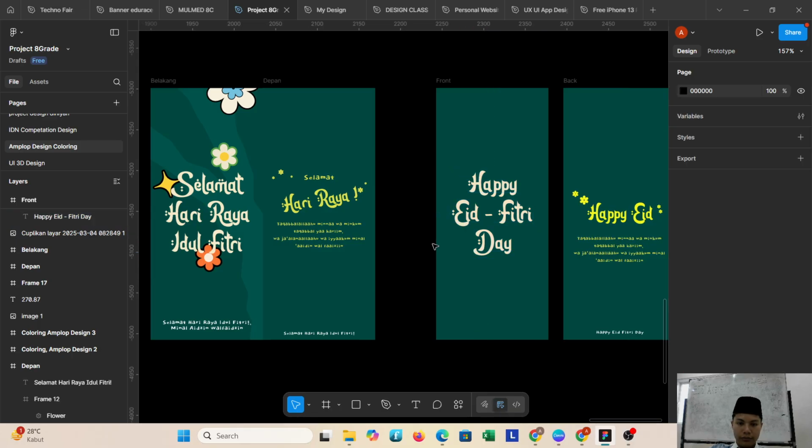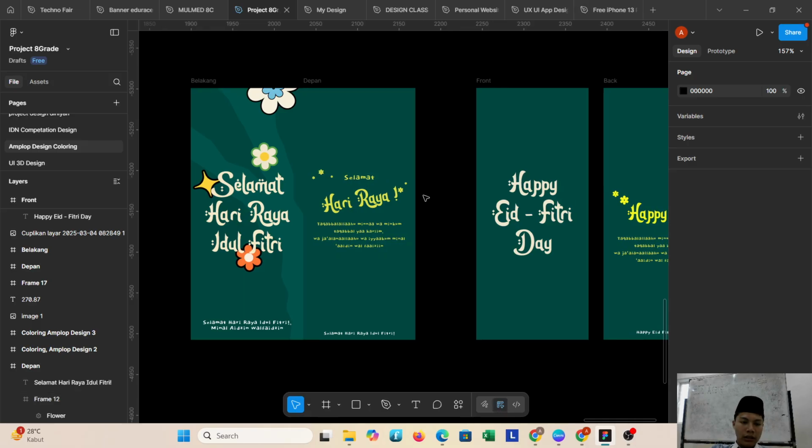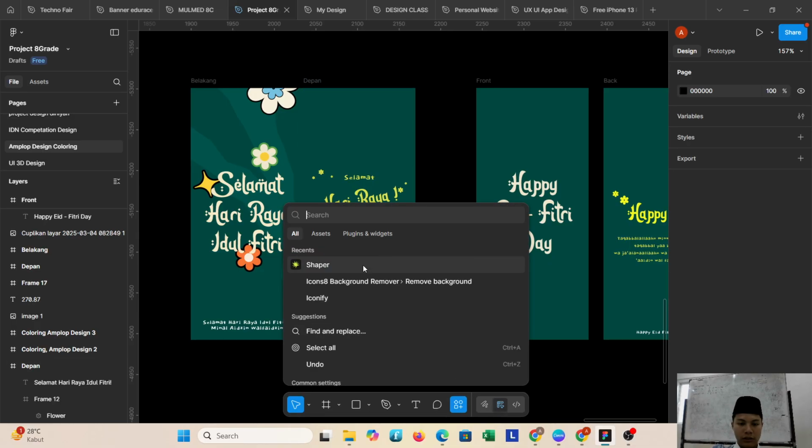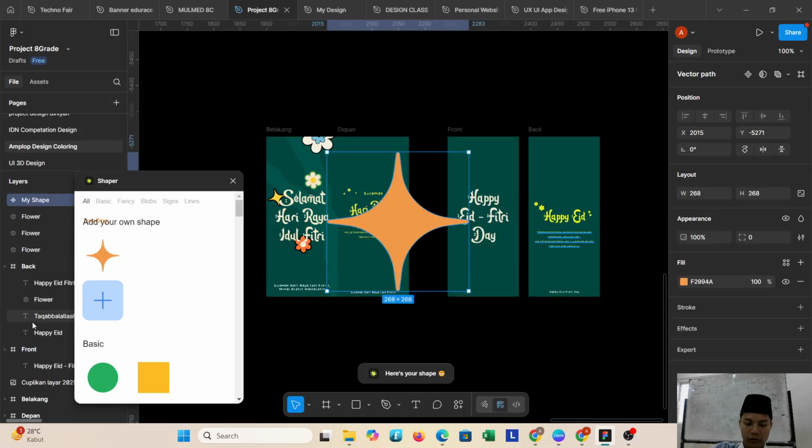And then you can get the flower and the star again from the plugin. Like before, the plugin is Spare. You can just click the icon you want, and the icon goes directly to your file.